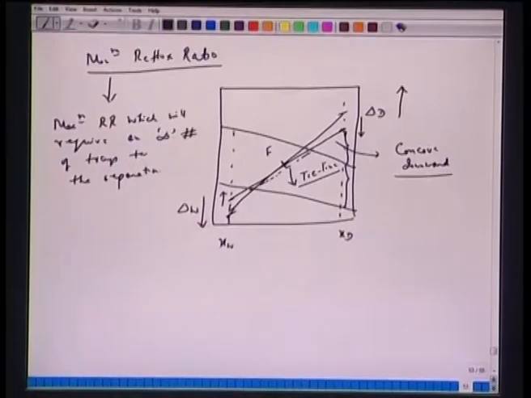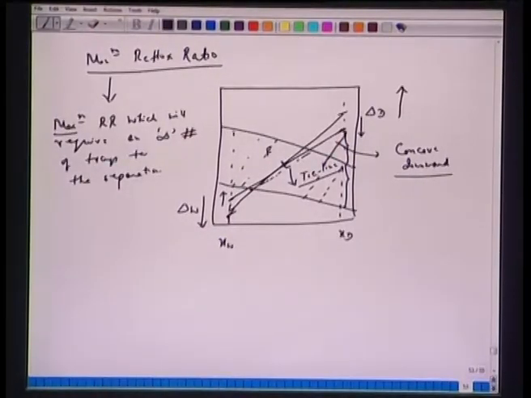So, why this maximum reflux ratio here? Because there is a possibility that some other tie line, if you draw tie lines from here or several tie lines like this in this section or in this section, it is possible that this line which you are drawing here with WD through WD might coincide with this operating line.